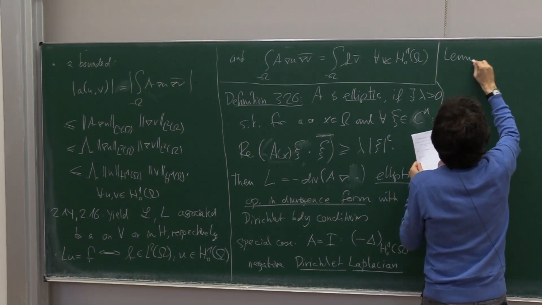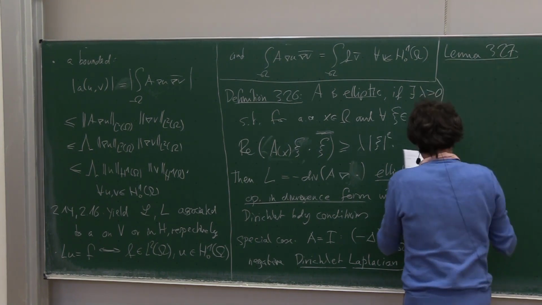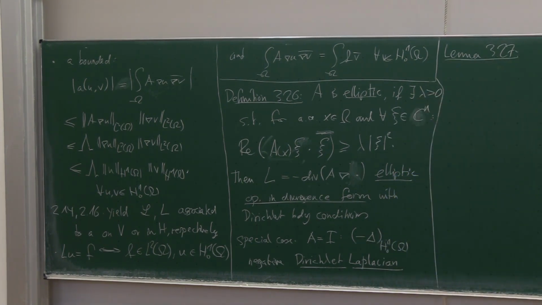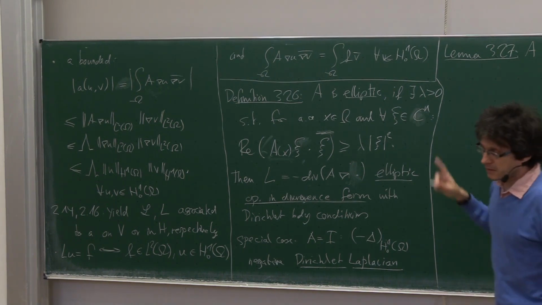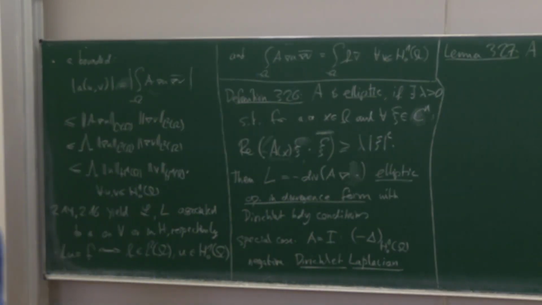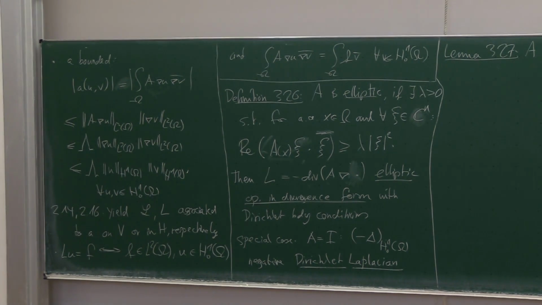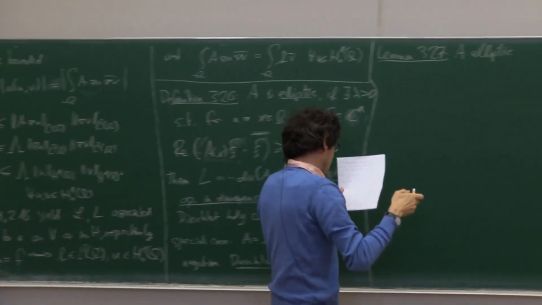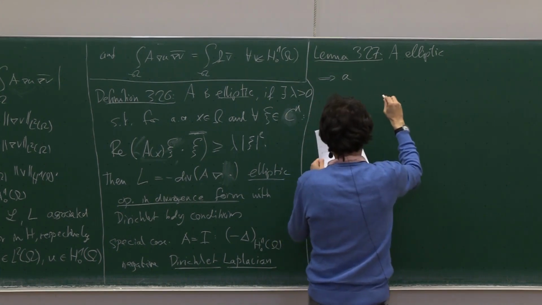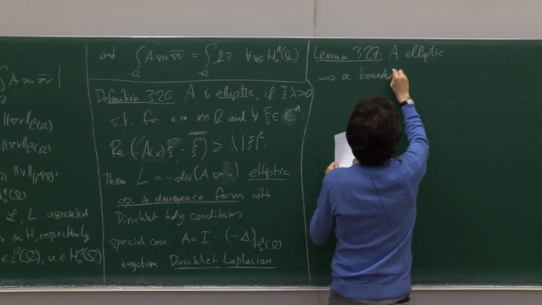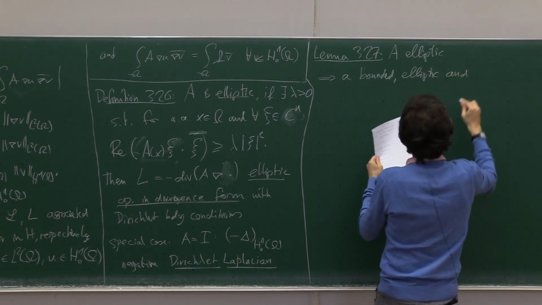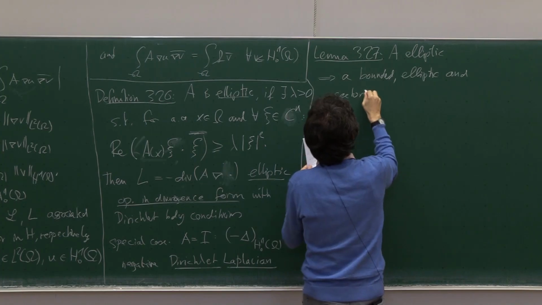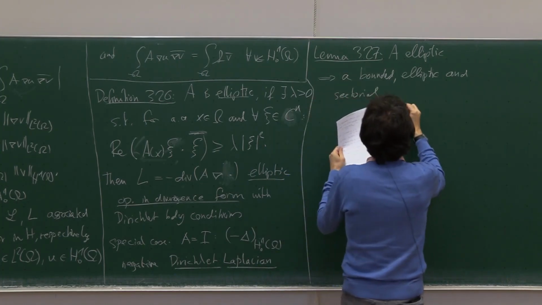Okay, and now let's check all these ellipticity and sectoriality things. And the nice thing that we find is when you start with an elliptic matrix function, and this is the only thing you need, so measurable, bounded, elliptic, if you start with any of these functions, you always get a really, really nice sesquilinear form. You already saw it's always bounded, but it's not only bounded, it is elliptic, and it is sectorial. So all the stuff we did in chapter 2 comes back,